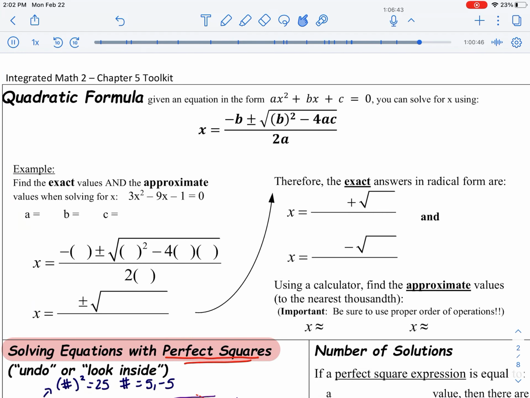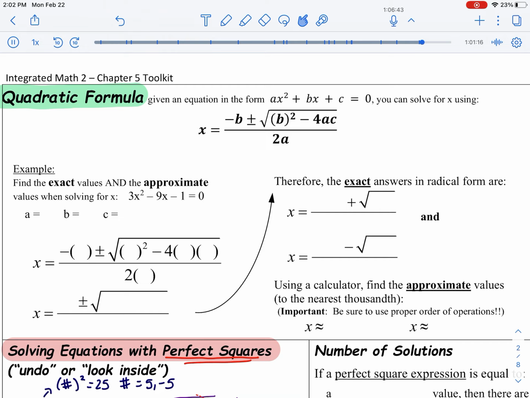Let's talk about the quadratic formula. The quadratic formula is one more tool we're going to add to our notes in order to help us solve quadratic equations. Sometimes I cannot use zero product property or complete the square because it's impossible or we haven't learned the techniques, such as with complete the square. In order to take care of this, I'm going to learn this formula, and now I can solve any quadratic